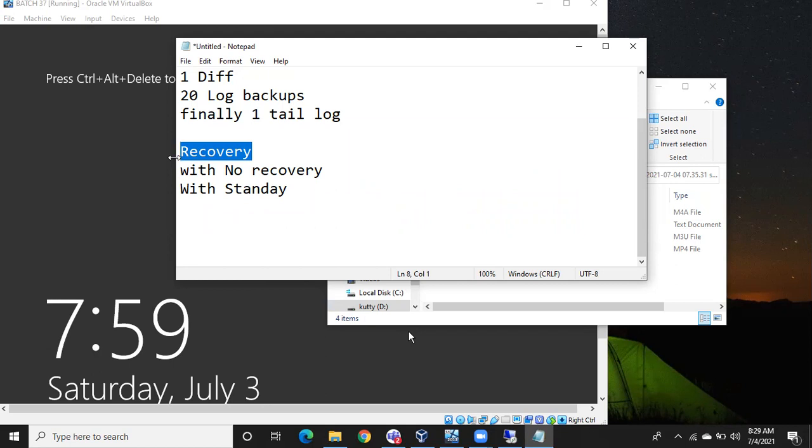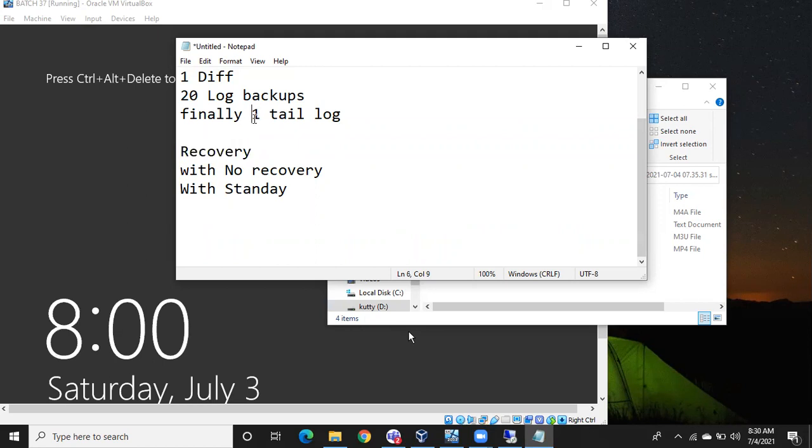So when this is the final file to restore and no successive backups are there, choose restore with recovery, and the database comes online so that you can access it.